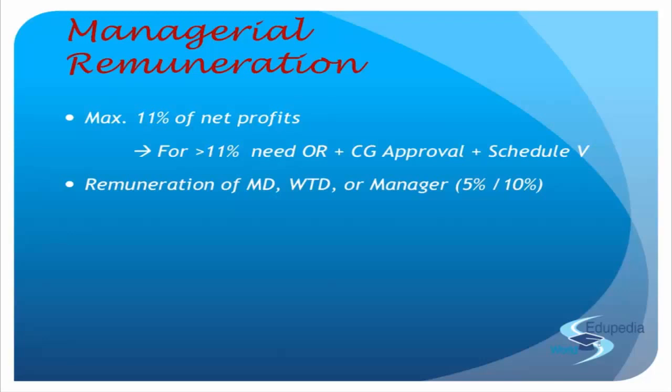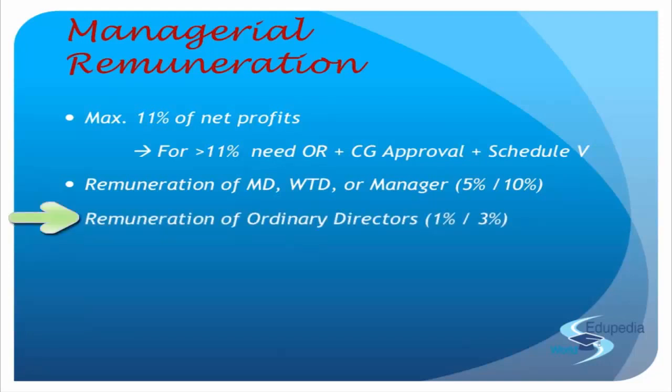So when you are increasing the limit of 5% or 10%, it will always be only managerial approval. Because anyways, if it is exceeding 11%, then you have already taken approval on the first provision of section 197, subsection 1. Clear with that? I hope that is okay, right?